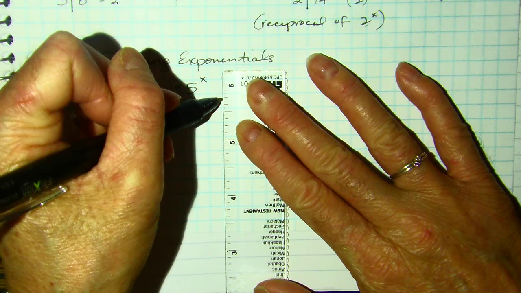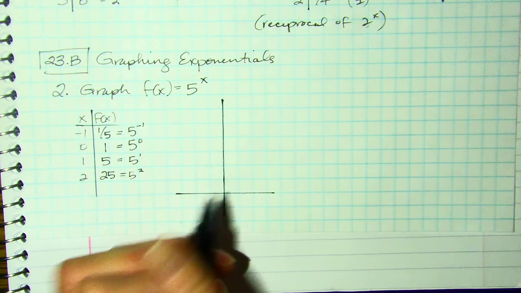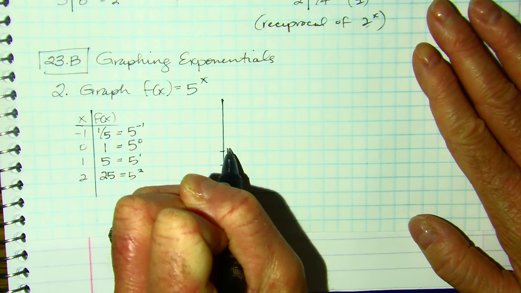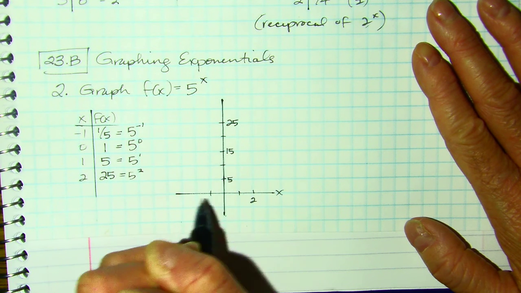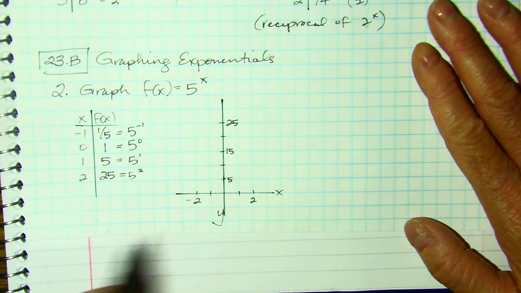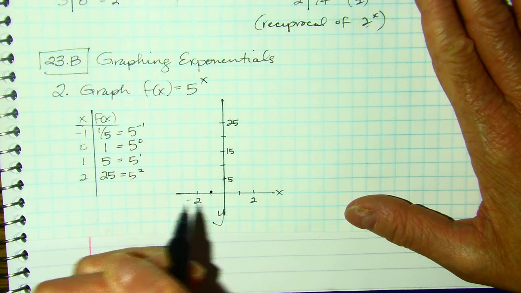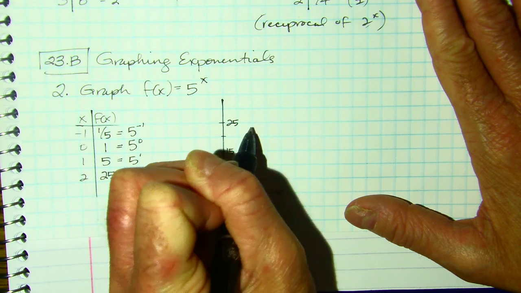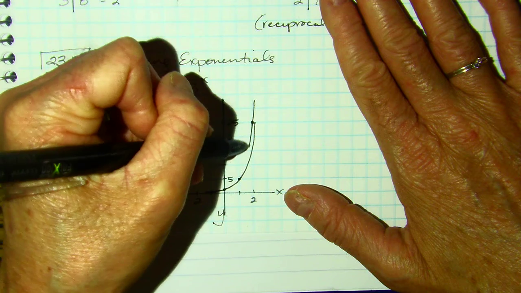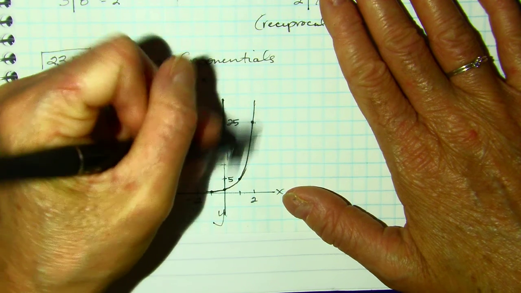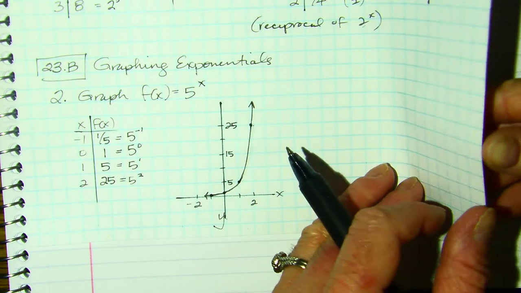Now, because I have such great numbers, we can change our scale. Right, I could go 5, 10, 15, 20, 25. So we can change our scale. I'm going to keep the x-axis, though, by ones. Okay, so here's my y-axis, here's my x-axis. So negative 1 is barely above 0, right? Then I've got 1, 5, 25. So your bottom, whoops, as you can see, keeping our graph accurate. If you guys need a ruler, they're like 10 cents, okay? One more, so